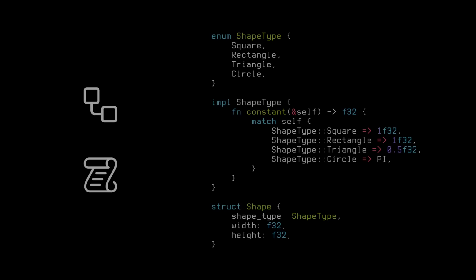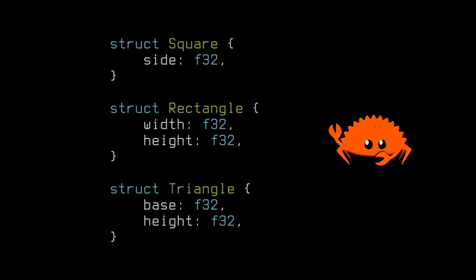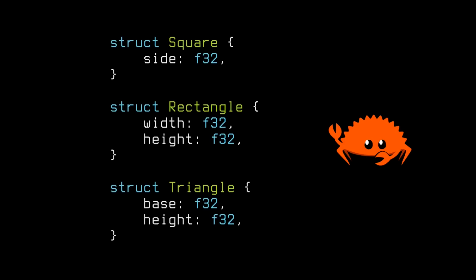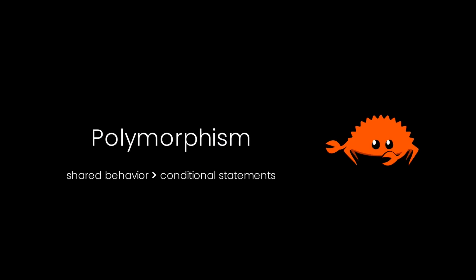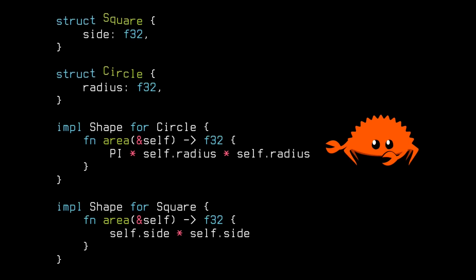To make sure that we're not unfair here, we write a Rust version of the very sample clean code proponents use in their examples. This code creates structures for different shapes, and a trait, also known as an interface in other languages, to calculate the area of any shape object. It follows the clean code preference of polymorphism, where subclasses with shared behavior are preferred to branching conditionals like if-else or match. Here the subclasses are the shape structures like square, circle, etc., and the shared behavior is the area method defined on them by the shape trait.